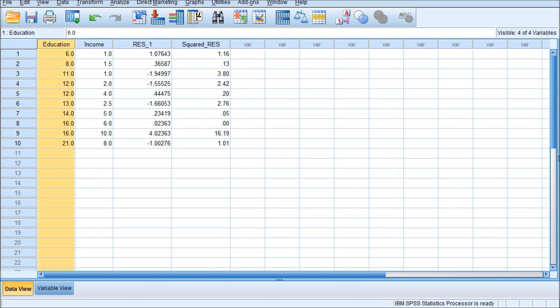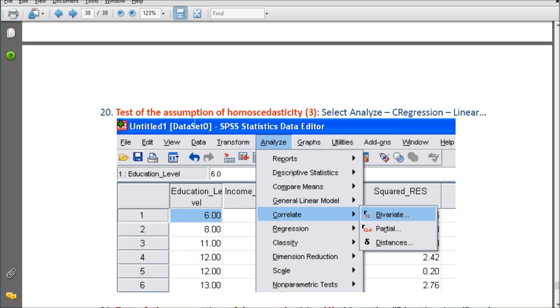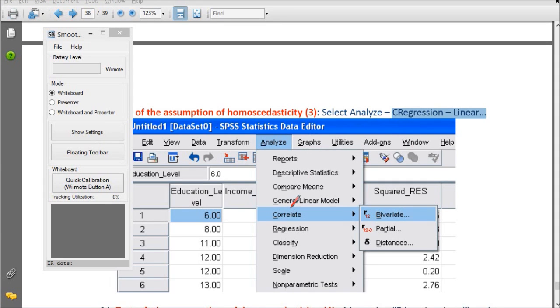We are working on step 20 in your SPSS instructions. Sorry about the wrong information here. This should be select Analyze, then Correlate.